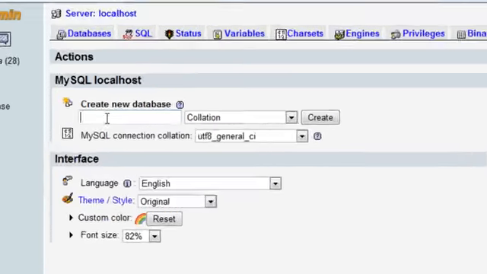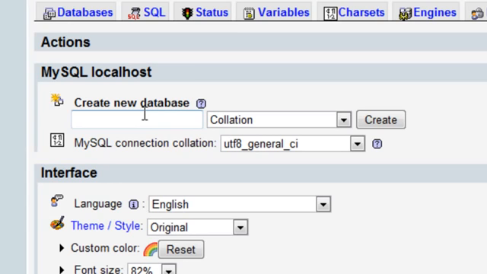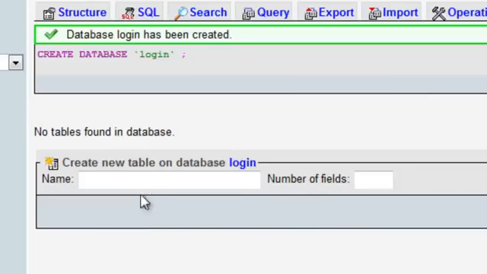So first of all, we need to create a new database here, and we're going to just create this database. What should we call it? Login, and click create. And let's create a new table here called users, and just for now we're going to use 3 fields. One will be the ID, the second one will be the username, and the third will be the password. So click go,